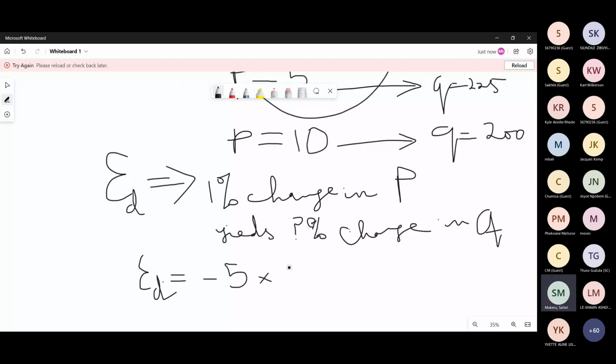How do you compute now this elasticity here? Very easy, you replace P by its value, right? You have here -5 times 20 is -100,